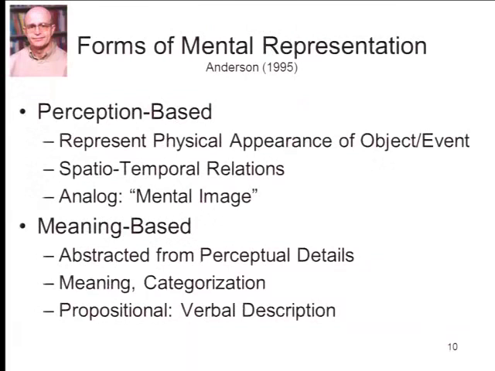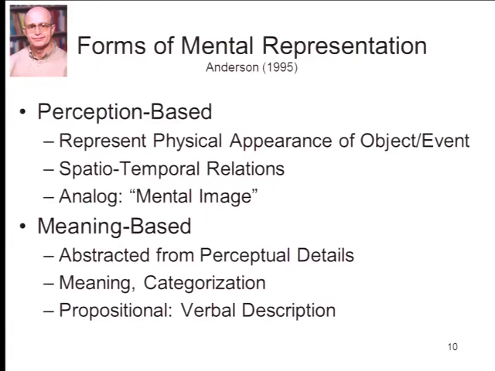Now, when you start talking about the self as one's mental representation of oneself, you begin to ask a new set of questions. What do we mean by mental representation? John Anderson, a leading cognitive psychologist at Carnegie Mellon University, distinguishes between two basic forms of mental representation. The first, which he calls perception-based mental representations, are really like mental images. What perception-based mental representations do is represent the physical appearance of an object, broadly construed to include things like spatial-temporal relations, where it is in space, what it's doing, what it was like before, and so on. These are thought of as analogs, almost like pictures in the head, if you will,